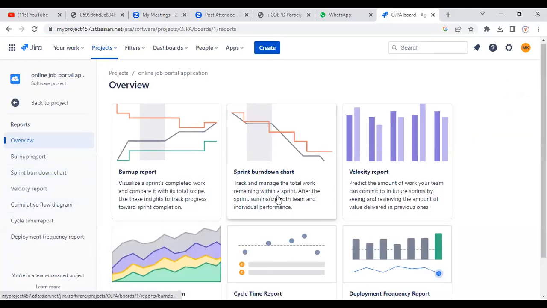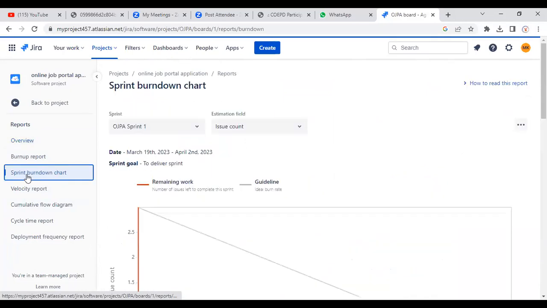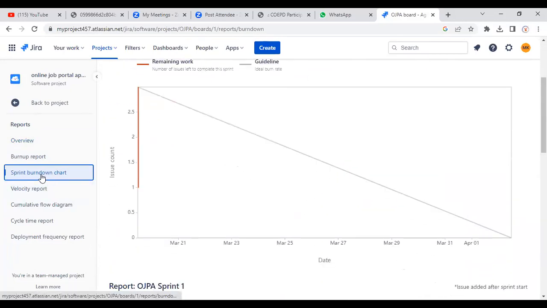Under the reports, we have different reports here. You can select the sprint burn down chart if you want to get it. See, I simply click on the sprint burn down chart. The report is activated here. It will be showing. Okay, but when I try this sprint burn down chart, I can't